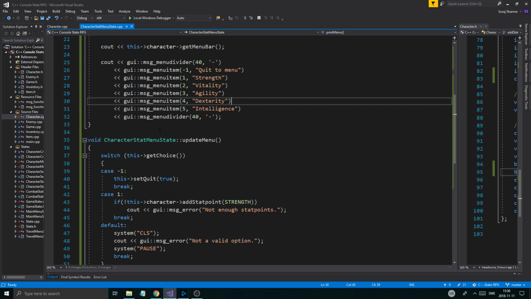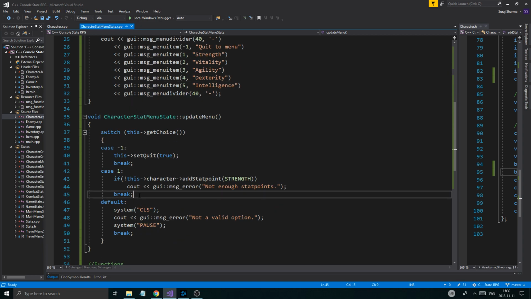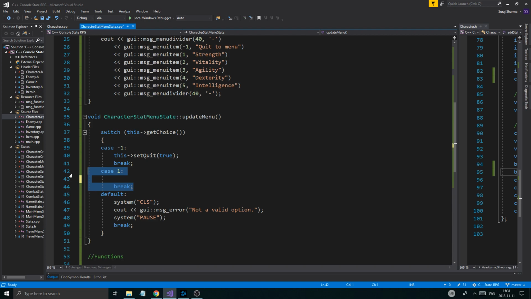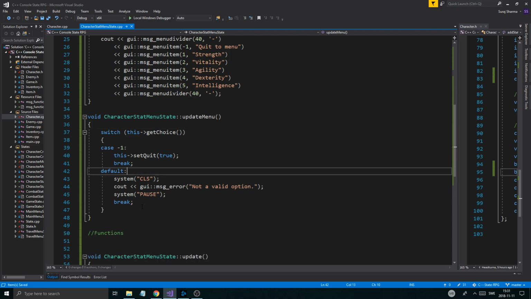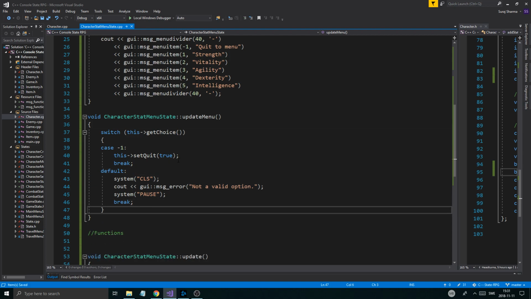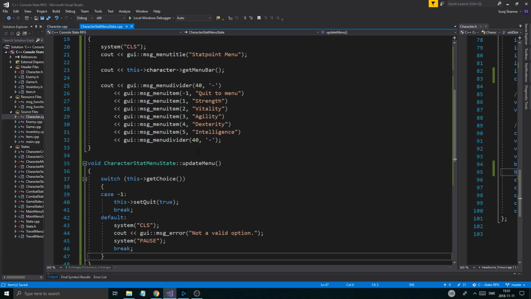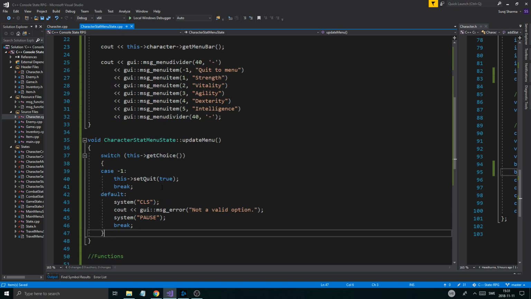How should we do that? So 1 up to 5. We could shorten this up a little bit instead of making a bunch of cases, which I don't really like making always. We could just do this and remove that. So this is gonna handle the quit. And also we're gonna get the choice, and once we get the choice,